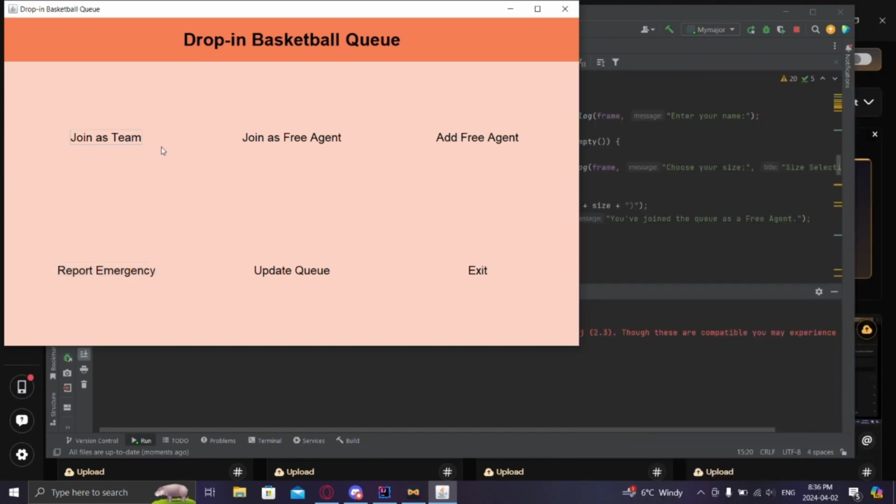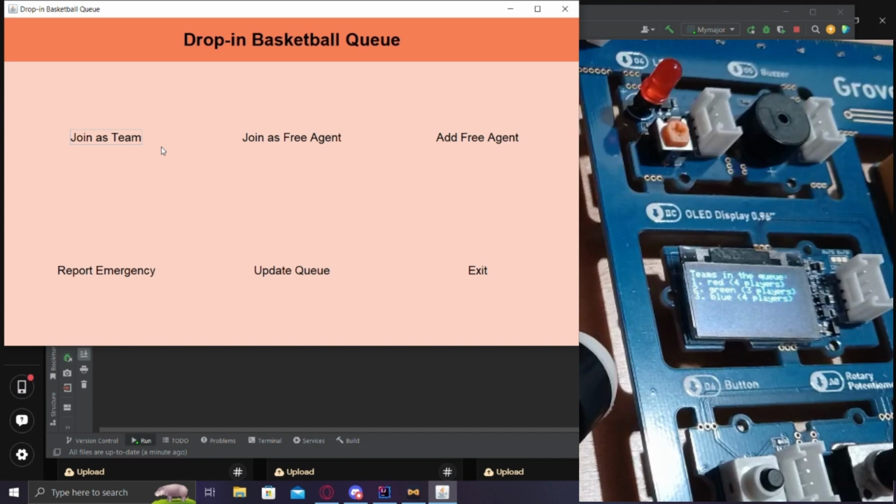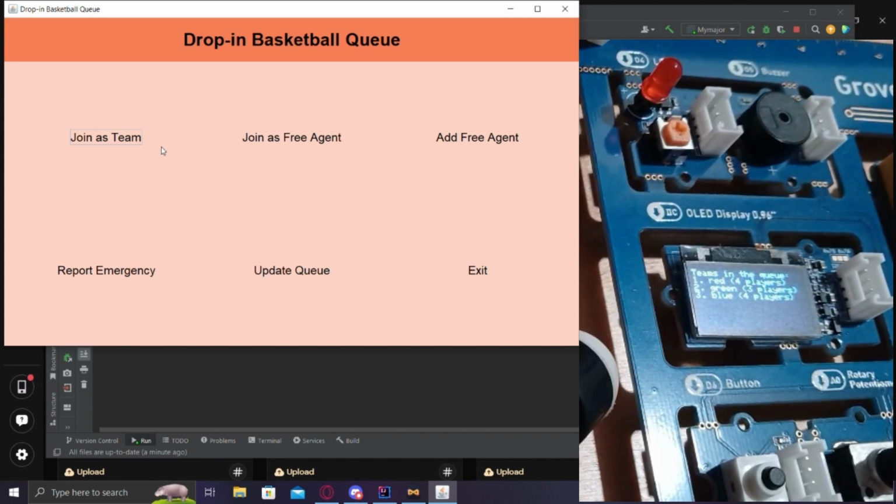Now let's talk about the update queue button. What it does is it removes the first place team, makes the second the first, the third the second, and so on and so forth. Now if a team has less than 4 players by the time they need to come up, they're going to get switched with the next highest team that has 4 players. Let me press it once, and now red team is gone, and let me press it again, and now blue team got switched up, which is a warning, and if I press it again,